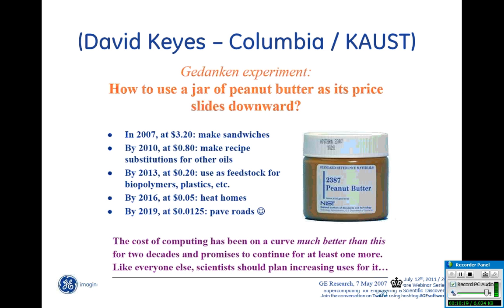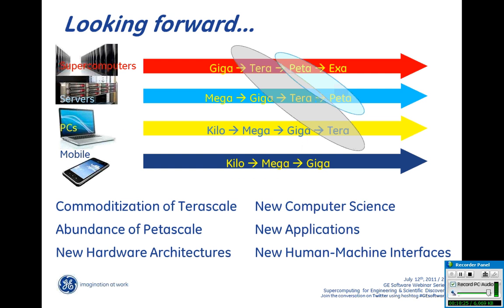As it gets cheaper and cheaper, we start looking at it as a use for fuel, or even paving roads when it gets really inexpensive. So what I refer to here is the commoditization of terascale or gigascale or exascale. Take your pick. As these become more and more affordable, we're going to be able to employ these in more and more mundane